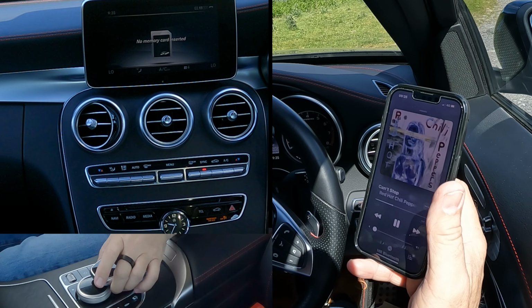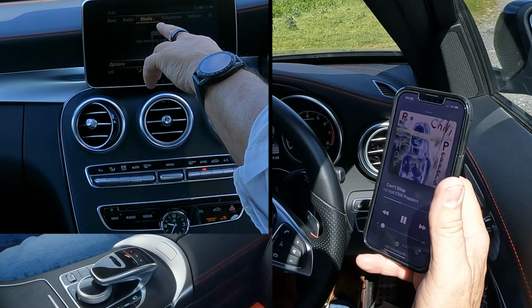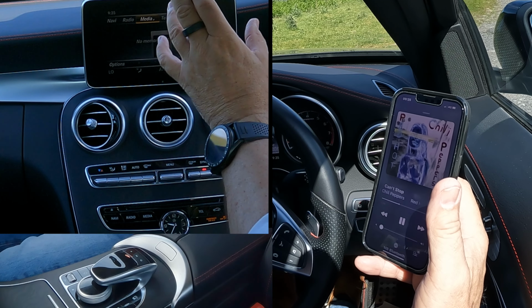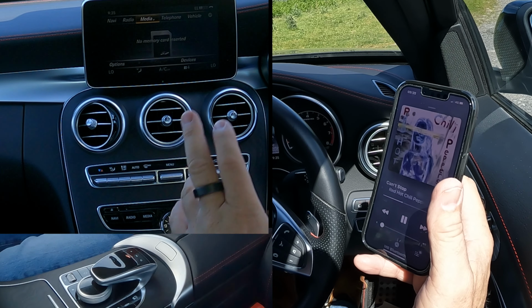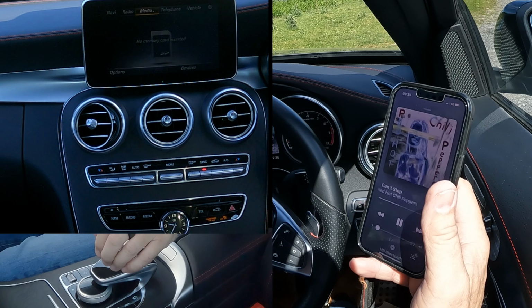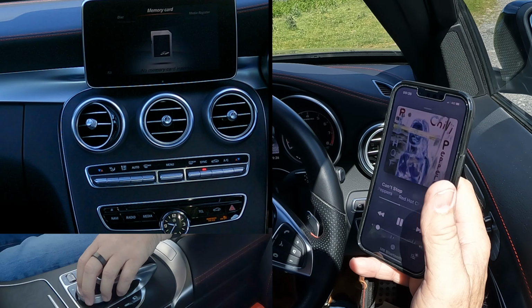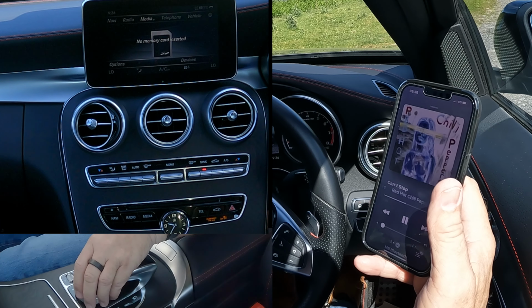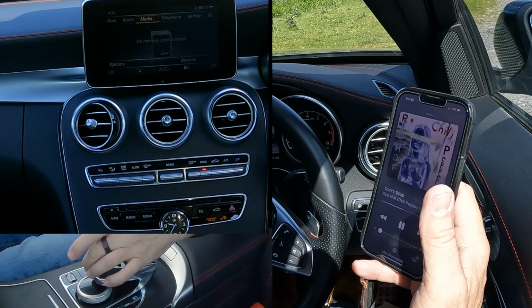So what we have to do, click up. Now there's an arrow next to media. Sometimes that arrow doesn't show. And what you have to do, you have to go down here, up to media, and click media again. Let's just see if that's done it. Yeah, well, anyway, the arrow's there, but if it's not, just click on it again. So click on the media,